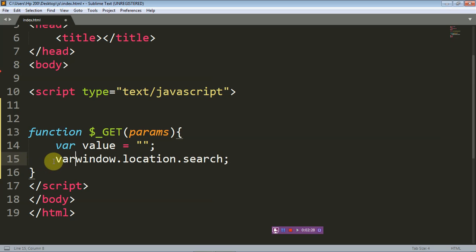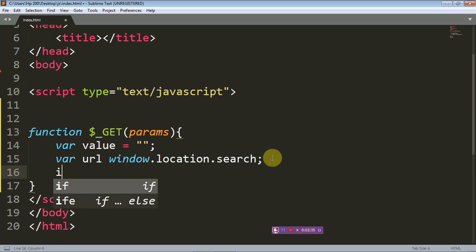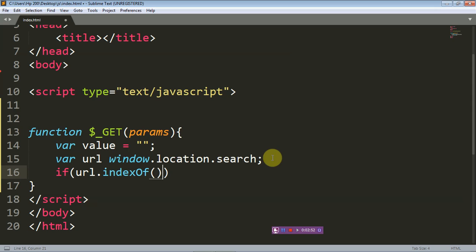So for that, we'll just name a variable and call it URL. So firstly, we want to check if there's a question mark associated with that particular URL. If there's a question mark, it simply means that there is query. So if URL.indexOf is just used to check if it exists. indexOf the question mark not equal to -1,